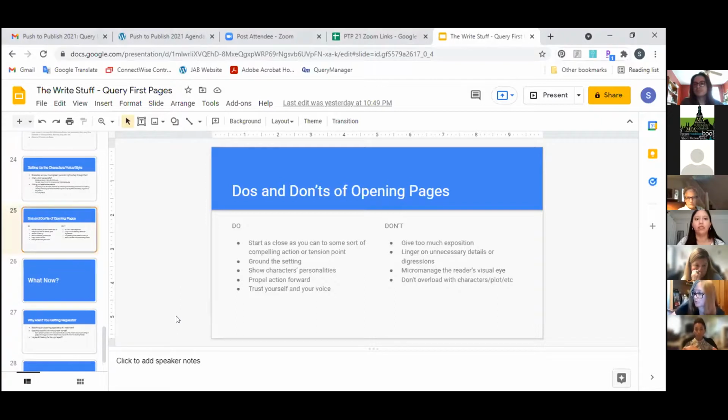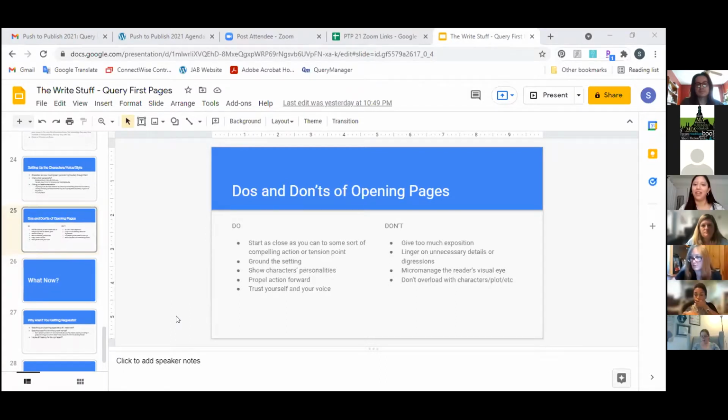Do try to get as close as you can to some sort of compelling action or tension point. And I don't mean we're at the edge of the cliff, you've got to throw the one ring into the volcano. Like I said earlier, sometimes you're running late for work, the subway doors close in on you, you have a very important presentation to give, your job is on the line. That's a compelling action or tension point. We've got to get from point A to point B. Even something as small as being a bridesmaid in a wedding and you have to walk down the aisle, your shoes are wobbly and you had too much to drink. So there's this fear that you're going to embarrass yourself as you walk down the aisle.